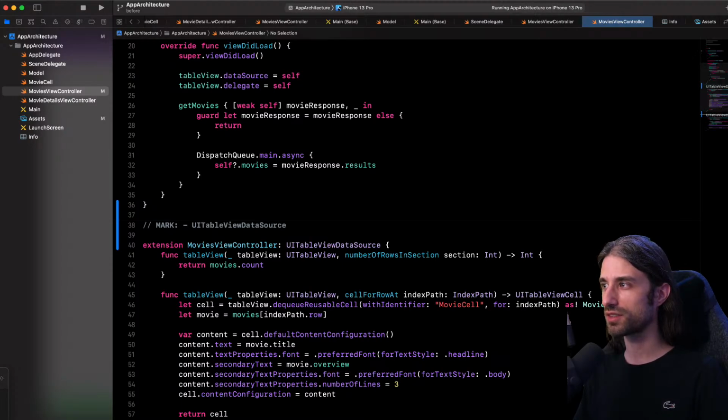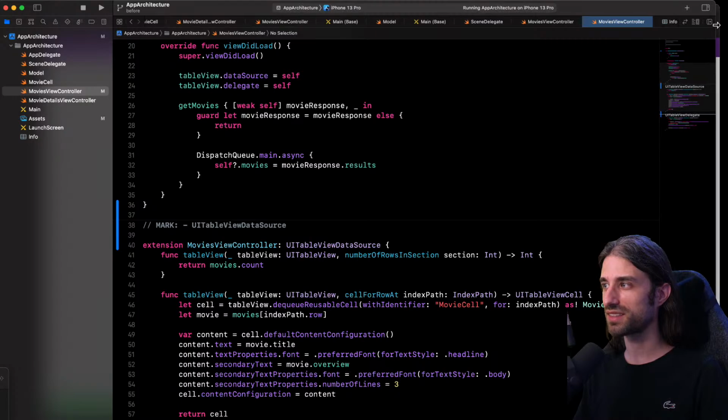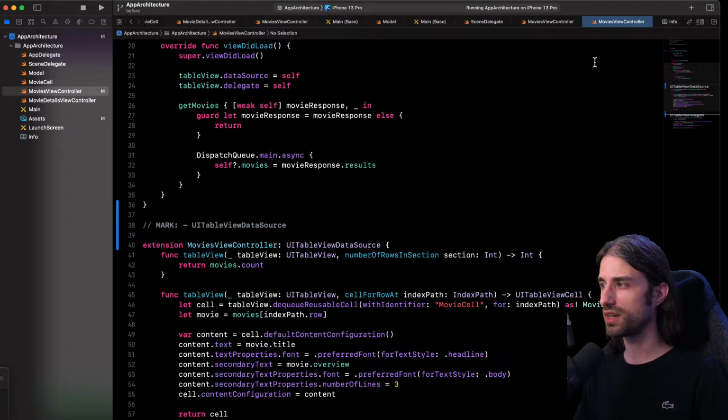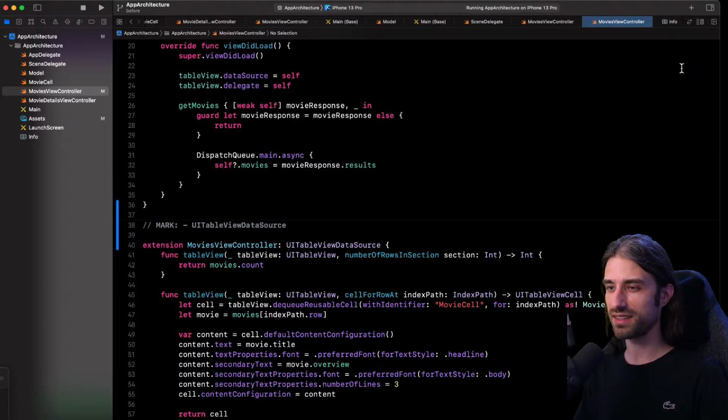Let me just try, and yes, you can see it. Perfect. And this way, I'm sure I won't be showing code that will be off screen. Okay, let me just hide the minimap because later on I'm going to need all the screen real estate I can get. Okay, perfect. So we've done this for the first view controller.